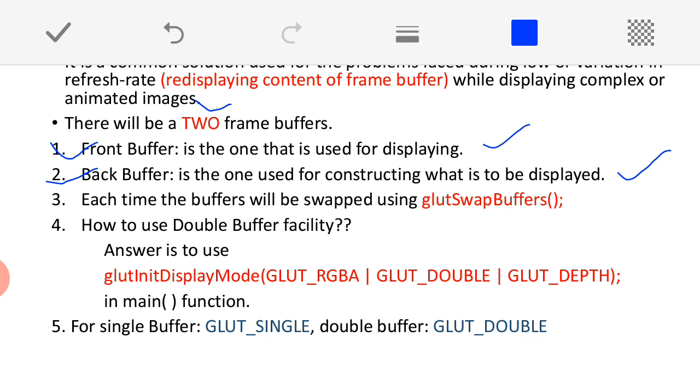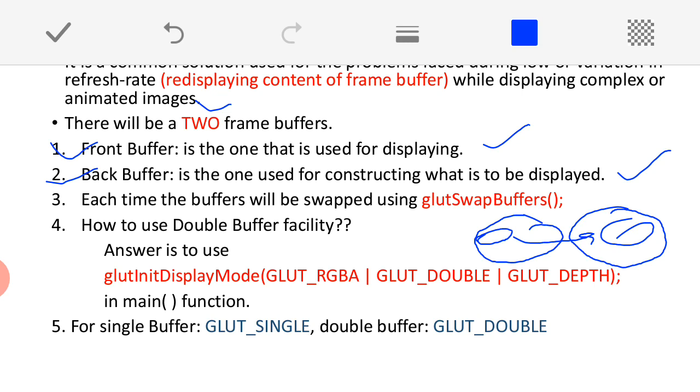For example, imagine you want to create an image where a cycle is moving from one position to another. When I am going to display the cycle at a particular position, in the back buffer the new location of the cycle to be displayed will be calculated.